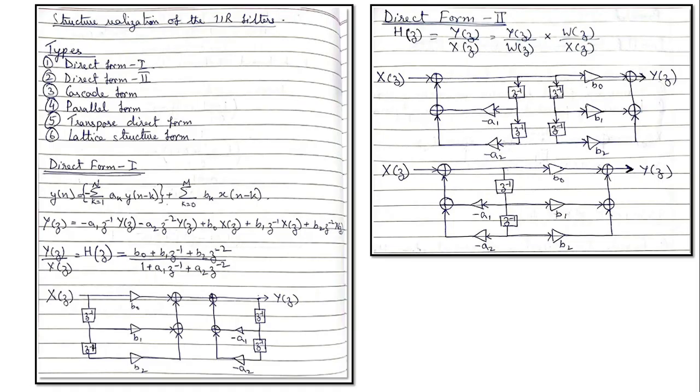Okay, now coming to the structured realization of the IIR filters. So till now you have been working on the framing of the structures, and you have been realizing the filter with the direct form realization method. Now the next method is the direct form 2 realization method. What happens over here, if we consider this system as subsystem 1 and this next system as subsystem 2,